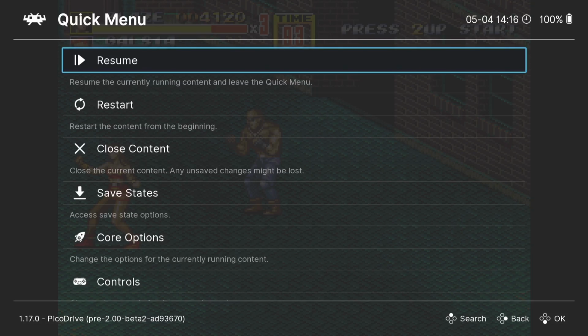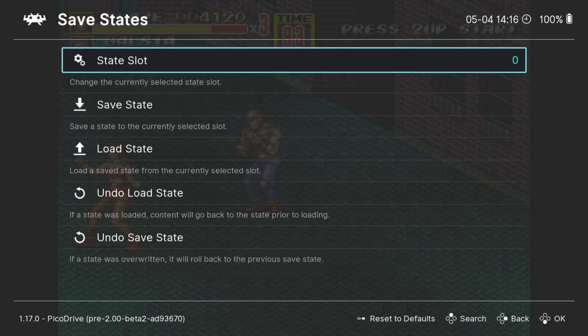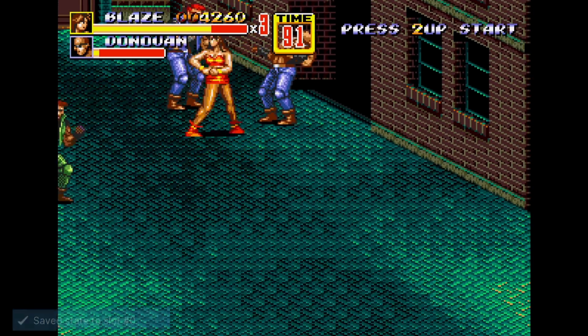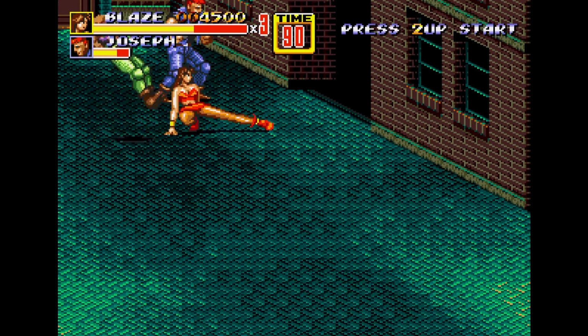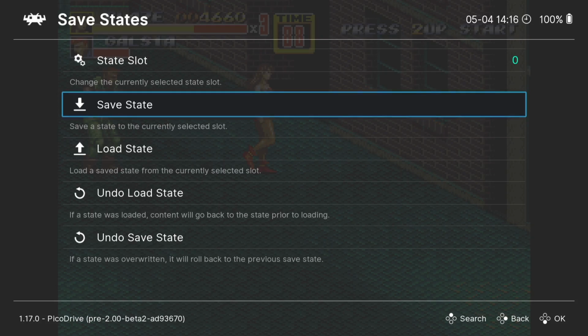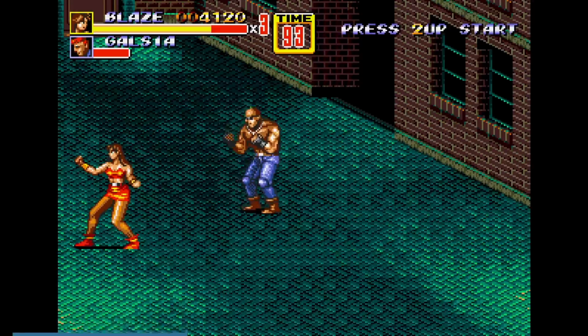Okay, so for those of you new to RetroArch, we can press the F1 key on the keyboard, and this is going to bring up the RetroArch quick menu. From here, we can go down to Save States, and Save State. And if I go back into the RetroArch quick menu and drop down one to load state,